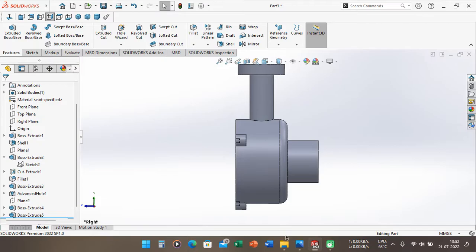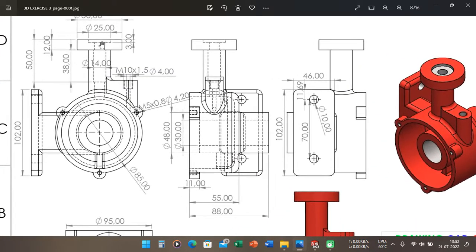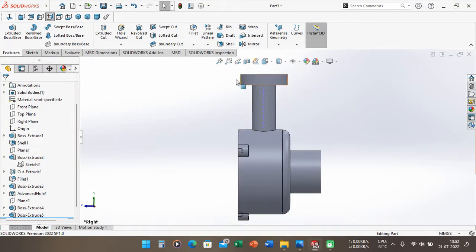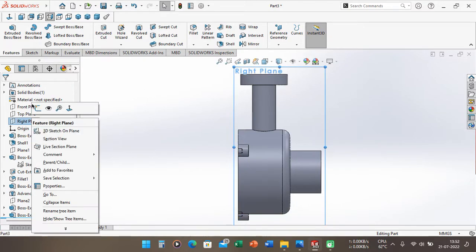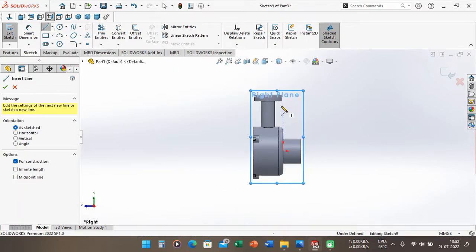Okay, after that I want to make the tap hole here, and if we see again the shape of this tap hole like this, there are any 4 sections of the tap hole here. So we can make the section here. After that, we can make the centering line here.